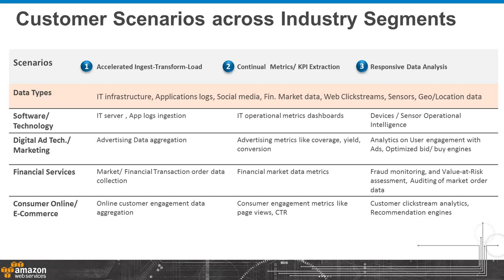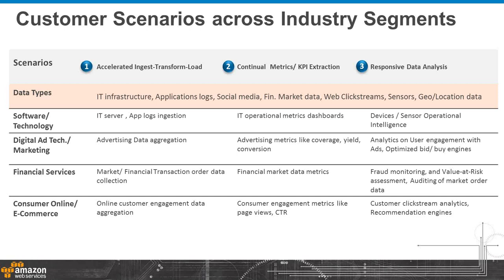And that data is now durably persisted in a service or a system that can scale reliably and durably persist that data. Specific examples here include ingestion, capturing, and storing of IT server application logs. In the broader digital ad tech marketing space, this could be valuable advertiser and consumer interaction data.